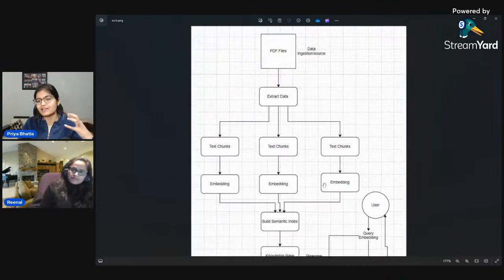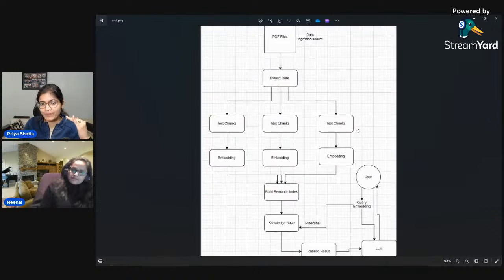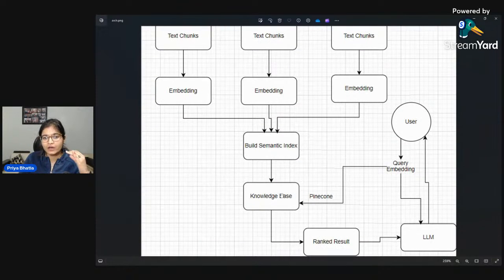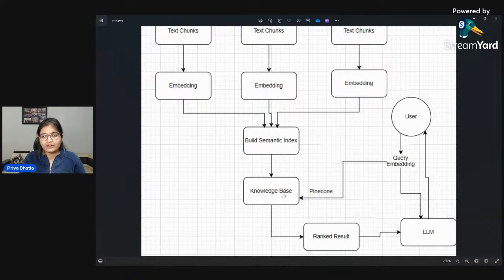So basically, this is how the complete pipeline will be done. When she is saying building a semantic index and then getting a knowledge base, what she is trying to do is what Word2Vec usually does: it tries to create an embedding. There's a famous example, right? King, queen, man, woman, and when we do subtraction or addition in terms of vectors, we are able to get the response. The similar kind of thing we are doing here as well, where a user is passing a query.